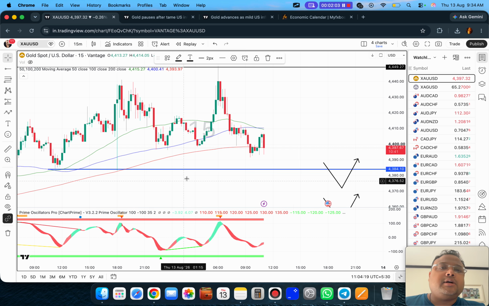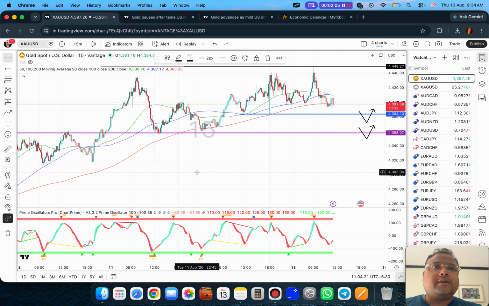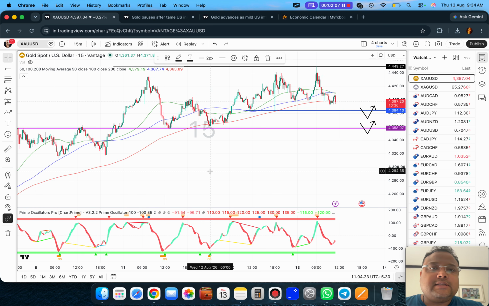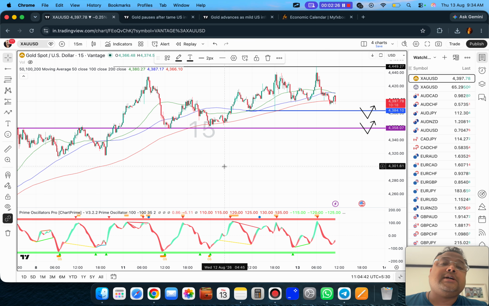And if we focus on the current range of gold, then we can clearly see that things are not very good. I have already mentioned in the WhatsApp group as well as in the Telegram community that today I won't be trading because I don't like this type of chart. I would like to wait and watch. You can clearly see that the number of trading opportunities is very limited. So my dear friends, if you're looking for good trades, then this is not the ideal chart.